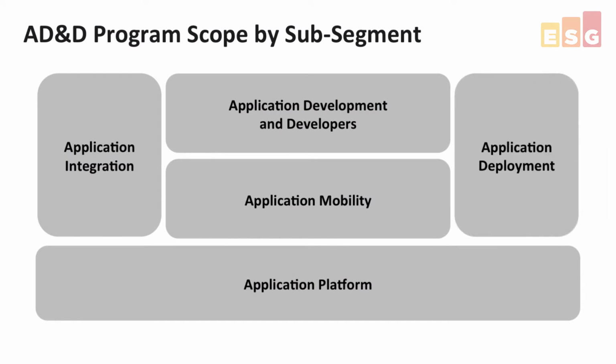Finally, no discussion of AD&D would be complete without addressing application deployment. The complexity of developing an application, testing it, moving it into production, and then supporting it after it's in production continues to be a material source of frustration in IT. While there is agreement that application lifecycle management, DevOps, and governance are all important, their support by vendors and users varies widely. Our research will explain what matters the most to IT and management regarding application deployment and provide pragmatic guidance for how to achieve an optimal path forward.